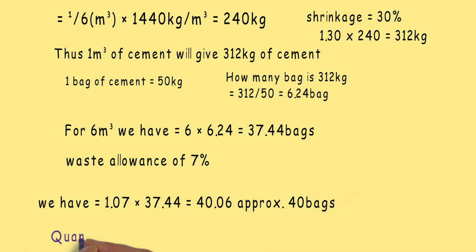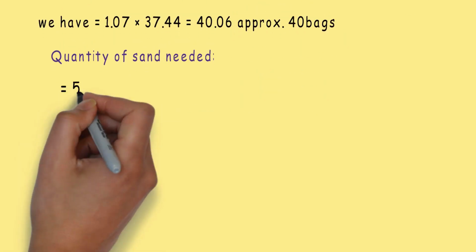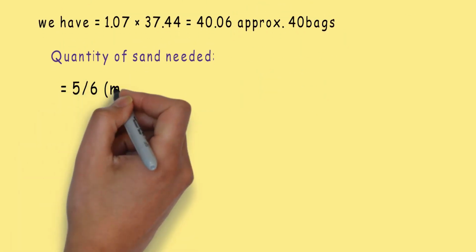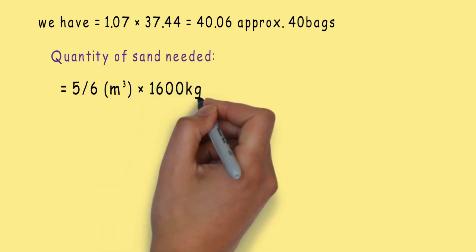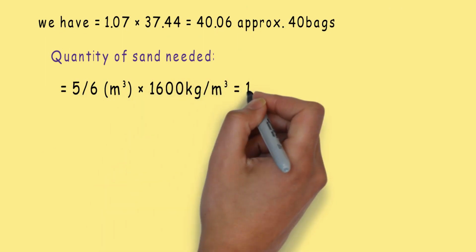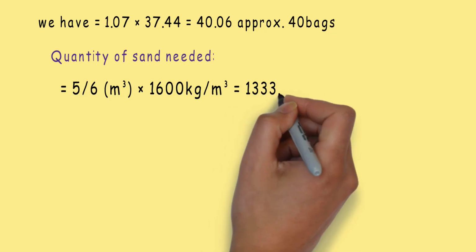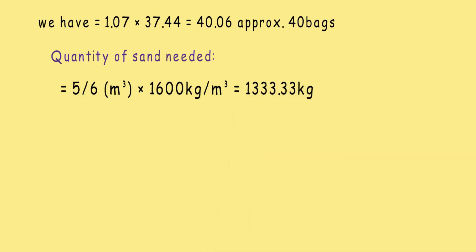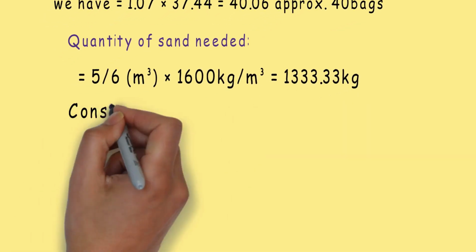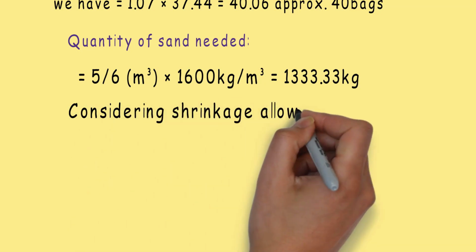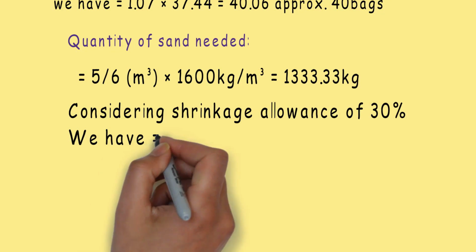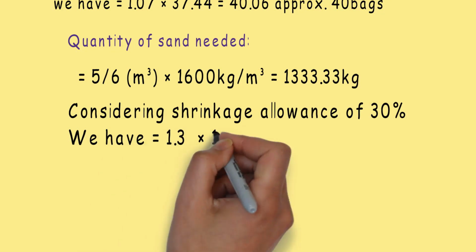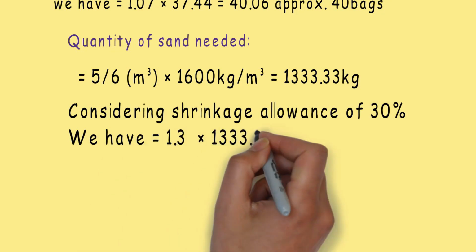So let's move to the quantity of sand needed now. Quantity of sand required will be 5/6 multiplied by the density of sand, which is 1600 kilogram per meter cube. This will give us 1333.33 kilogram. Let's consider a shrinkage allowance of 30% for this. We'll have 1.3 multiplied by 1333.33, which will give us